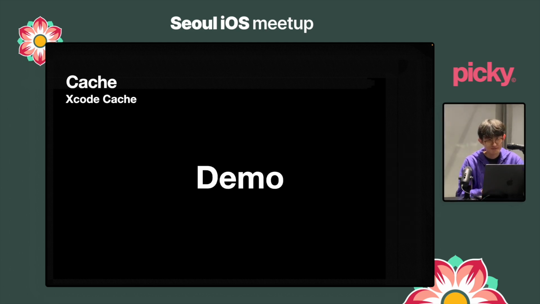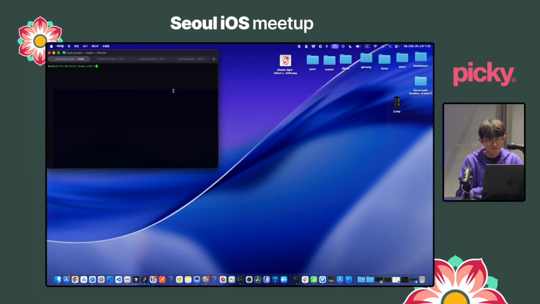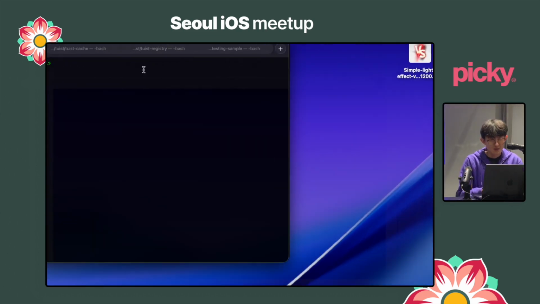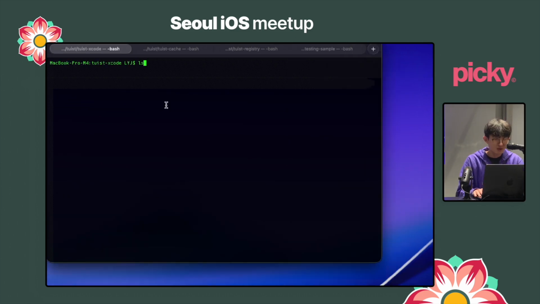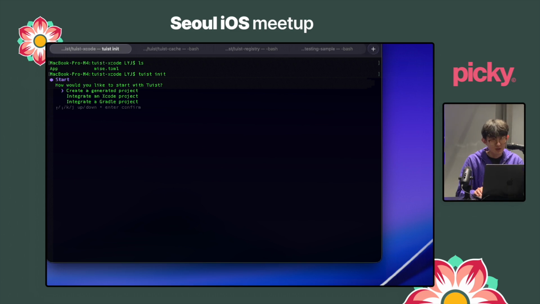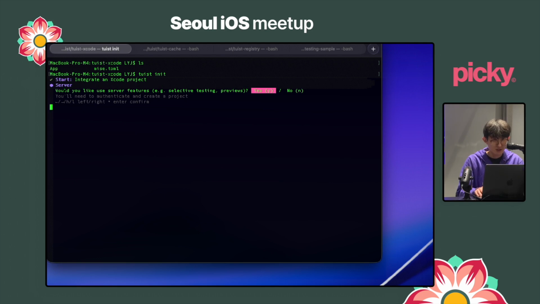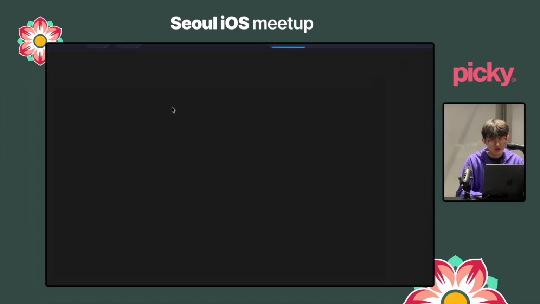Let me show you a demo. Here's a very simple Xcode project. I will integrate this with Tuist. I'm going to run the init command and choose integrate on Xcode project. Cloud cache is a cloud feature, so yes. After the login process,